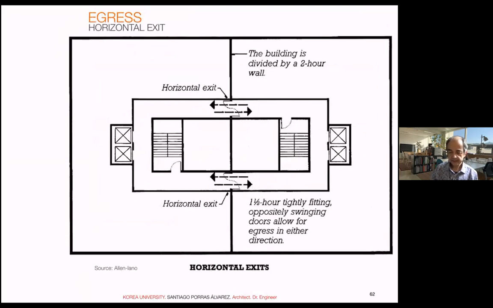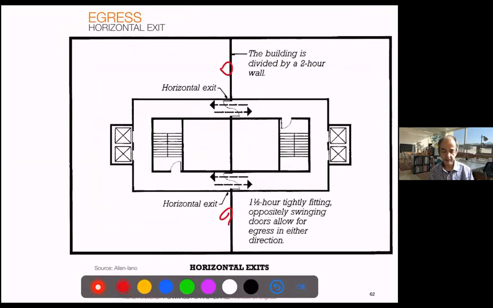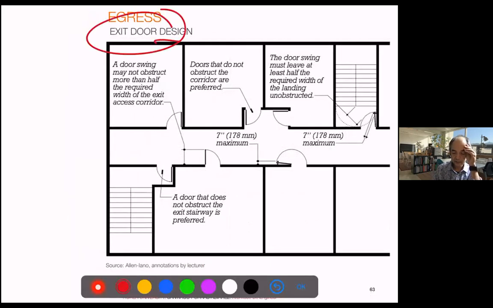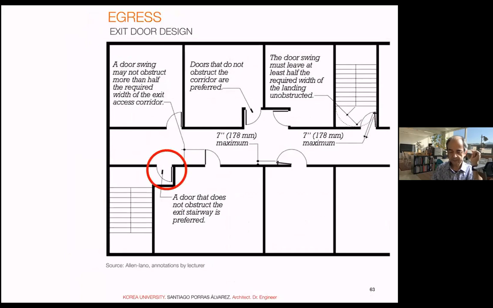This, again, is the division of the building in areas for safety, right? So you will be able to use any of the exits in any way. And I think it's very important because it depends much on the design. You will try to avoid the doors blocking the space and even blocking the circulation. So even though this is accepted, I would always choose the case of the doors not invading the escape space at all. And those I mark with a triangle, I think they are okay in the States.